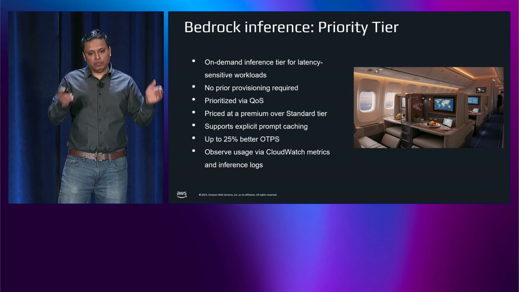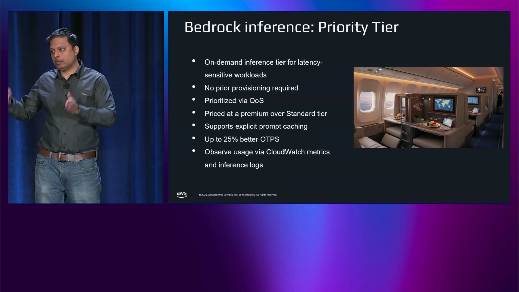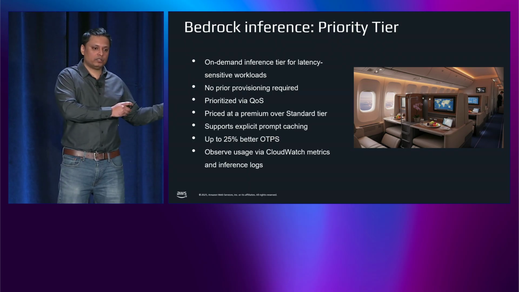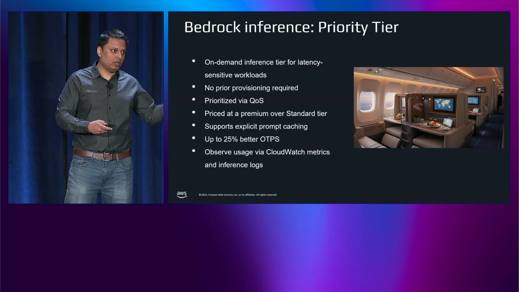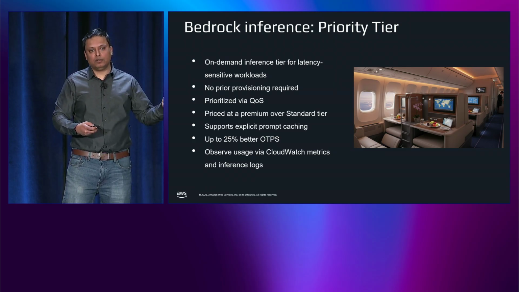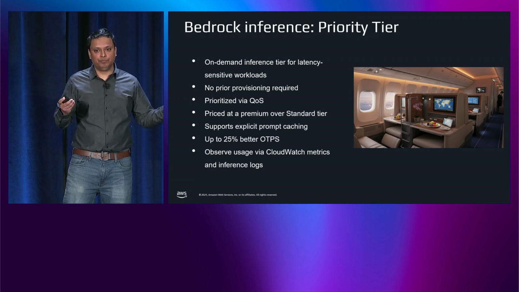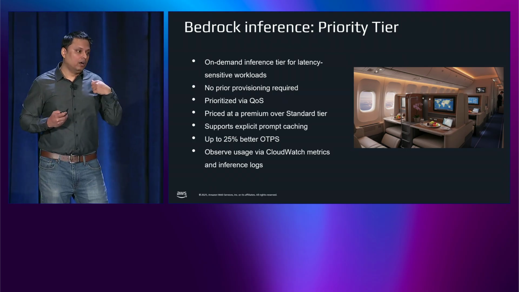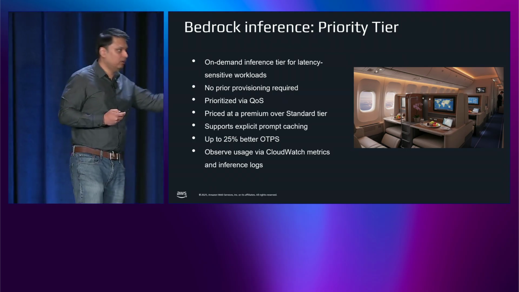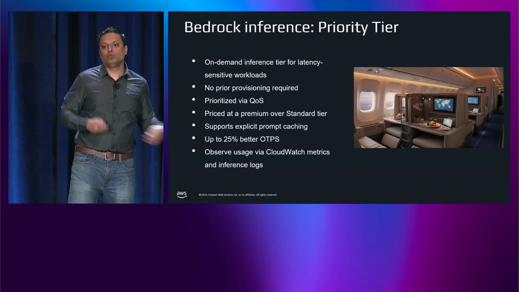So on the same instance, Trainium 2, just taking an example, instead of processing 8 requests simultaneously, we only process 4 requests. And because of that, on a request level, you see better or faster output token processing. So your end-to-end latency is better. So that's one other benefit of priority tier. You get higher priority, you jump the queue, you will not get throttled, and you will also get faster processing.